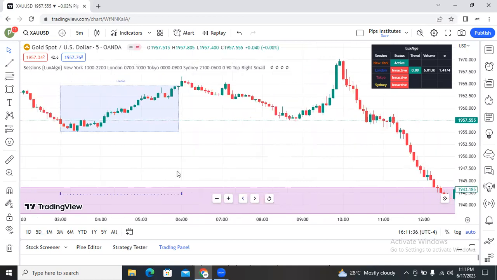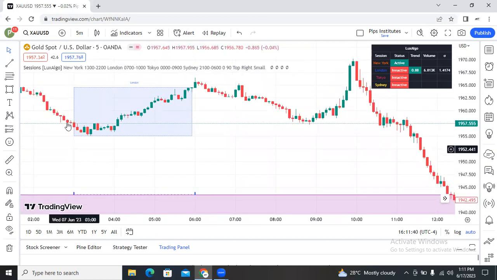Okay, guys, I'm just zooming so you can see properly. So this, as you can see, a lower low, a lower low. So this was the last low. So this candle right here was the bullish candle that was responsible for this push down. This was the lowest bullish candle. So immediately the market moves and closes above this candle right here,